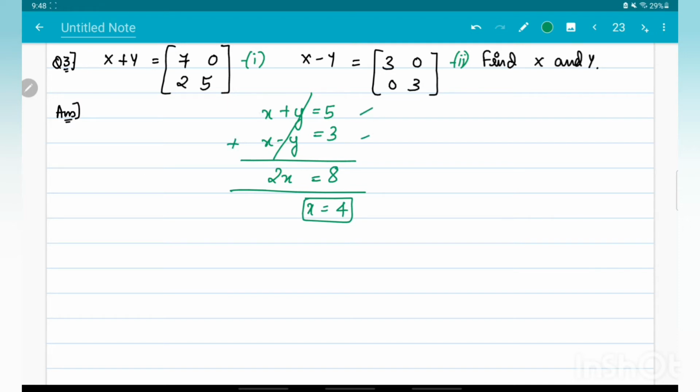Okay, you have done the elimination method, since you can see that both the y's were having different signs, so you just added both the equations and you found the value of x. You can substitute it in this equation and you can find the value of y. So similarly we are going to do the same thing over here also.